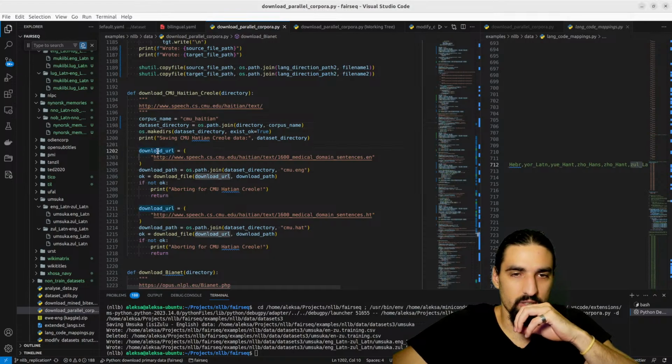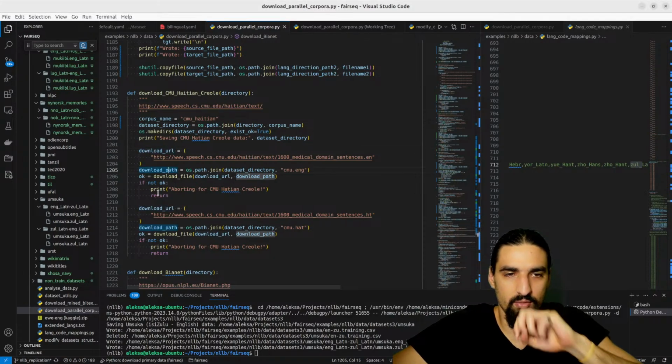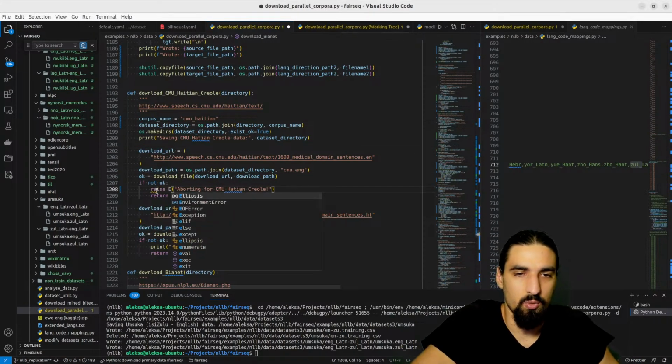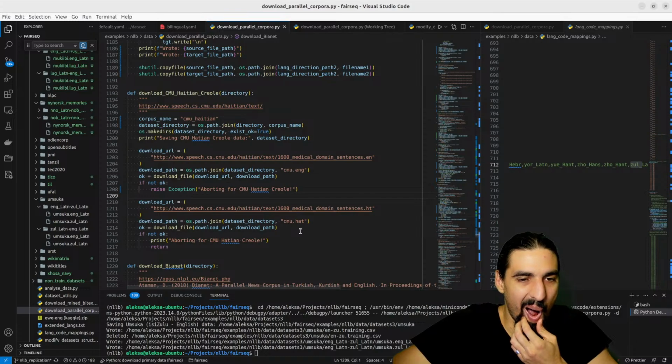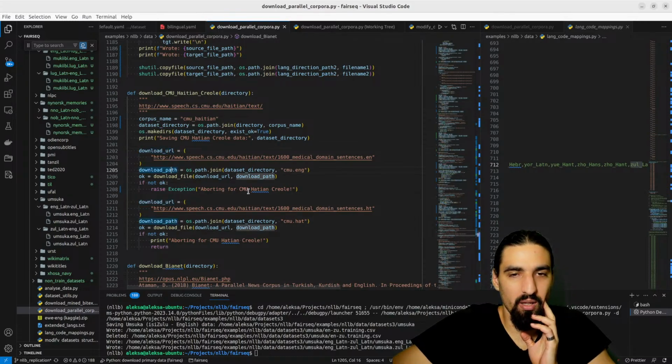Having said that, let's continue here. So download path, if not okay, again, raise exception if not okay. And then download. So this is literally a single file. So we download a path called CMU English. Okay, no, we're gonna download into,